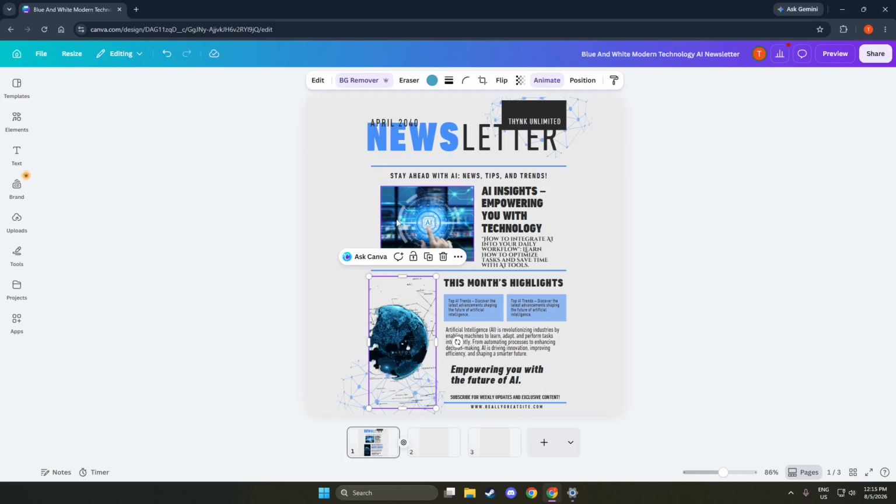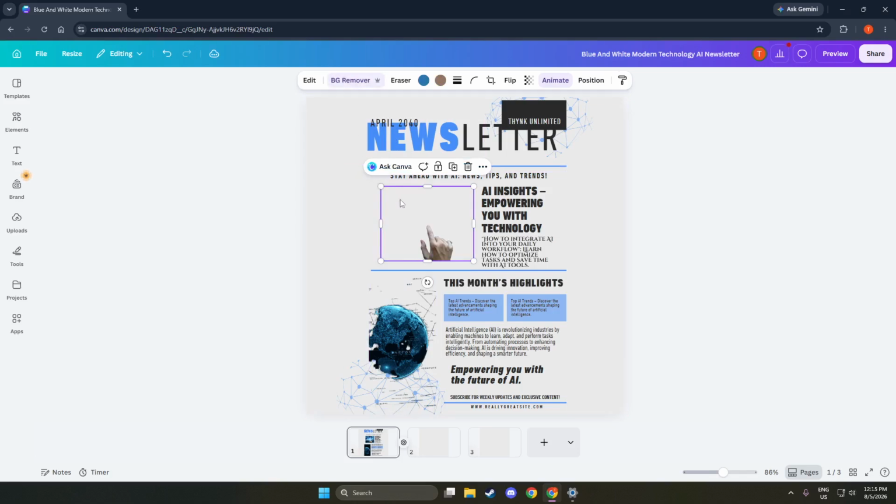Next up, select Background Remover. In the Edit Image panel, scroll if needed until you see Background Remover listed with its small preview icon. Click it once and Canva will start processing right away. You will notice a short loading animation over your image as Canva detects the subject and removes the background automatically.